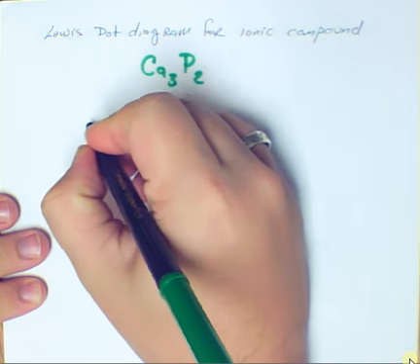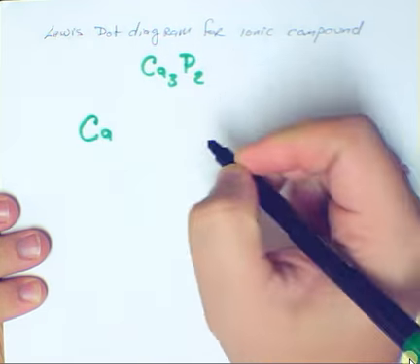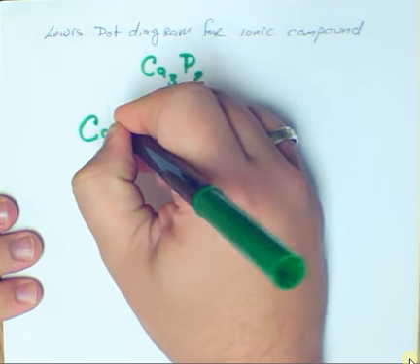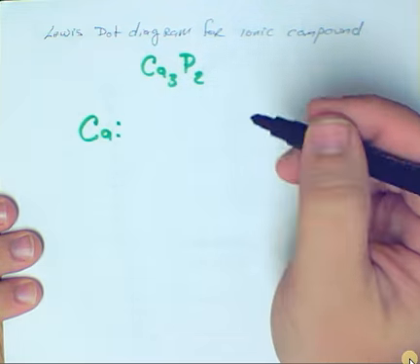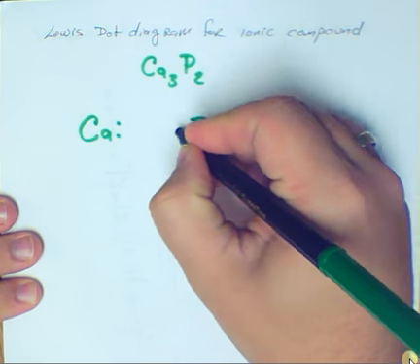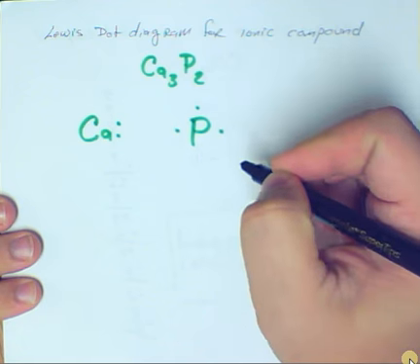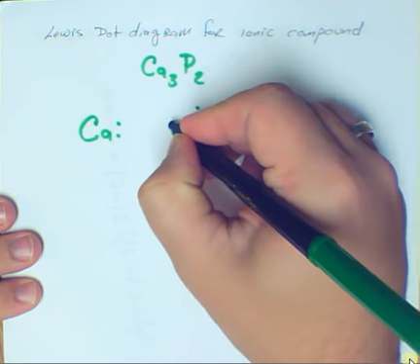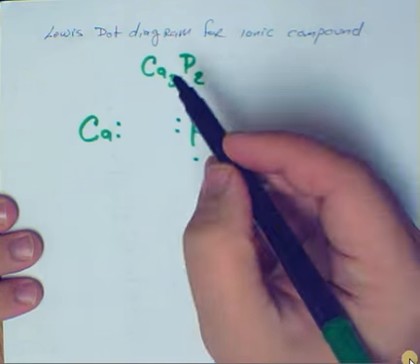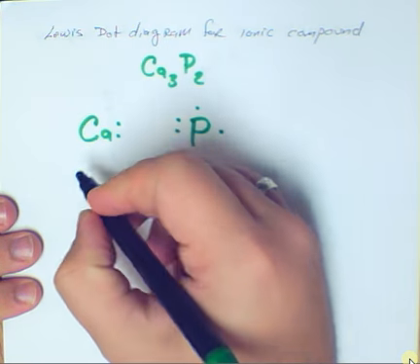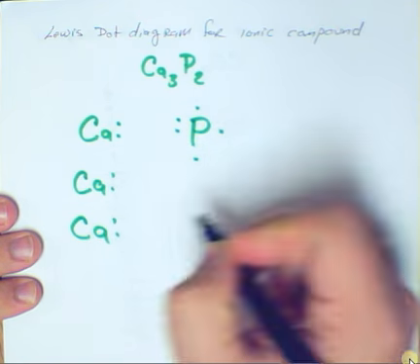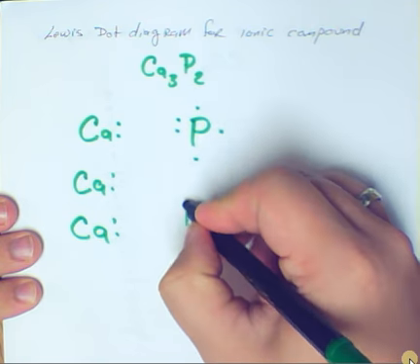Now calcium has an electron dot diagram of this. It's got two valence electrons. Phosphorus has 5 valence electrons. Now, notice it says Ca3. There are 3 Cas, so I have to have all 3 of them, and I have 2